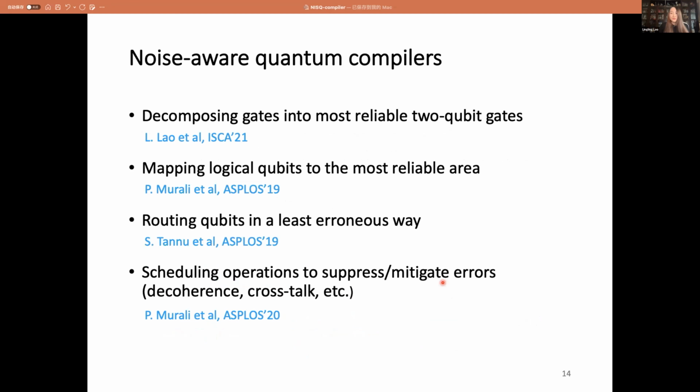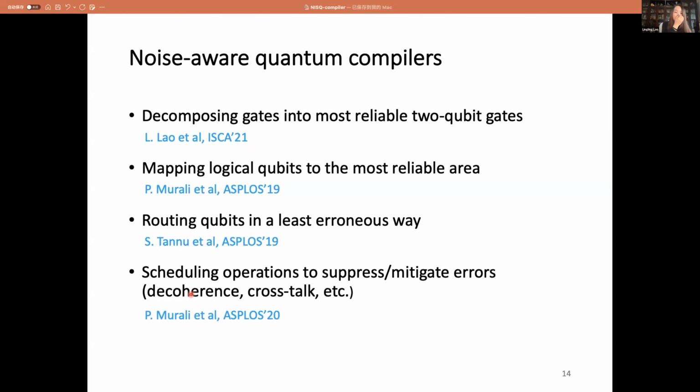In order to further mitigate these errors, some noise-aware techniques have been proposed. For example, we can decompose gates into the most reliable native 2 qubit gate if there are several native 2 qubit gates. We can also map our circuit qubits to the most reliable area on our device, and route qubits by choosing a path where all the qubits have longer coherence times.